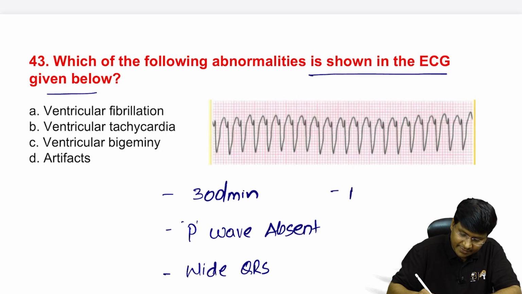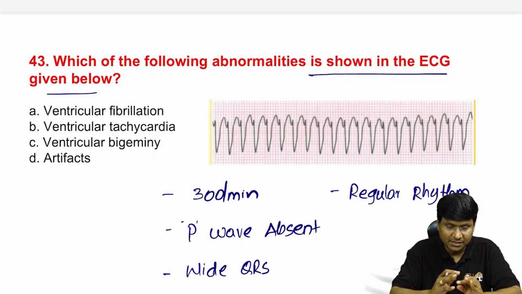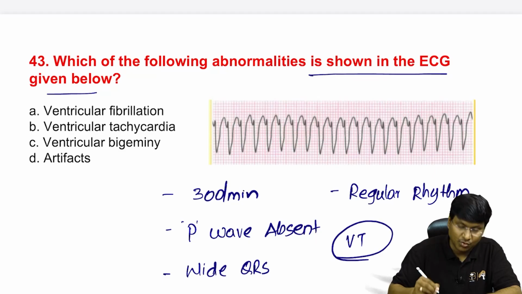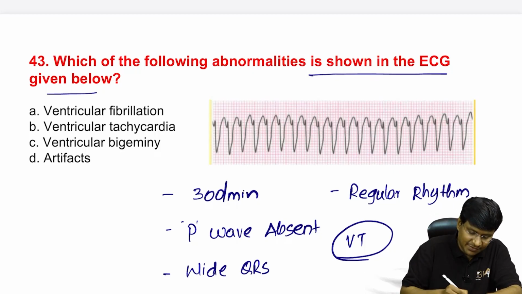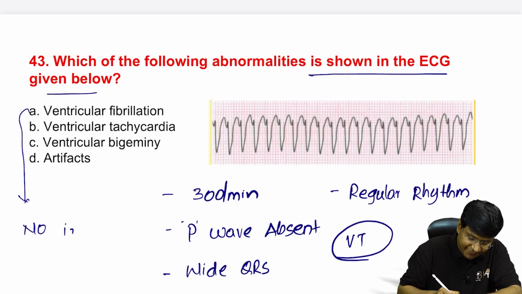And how is the rhythm? Regular rhythm. So regular rhythm, P wave absent, wide QRS complex, tachycardia. What is it suggestive of? This is suggestive of monomorphic ventricular tachycardia. Whereas in ventricular fibrillation, the abnormality that you will have is there will be no identifiable